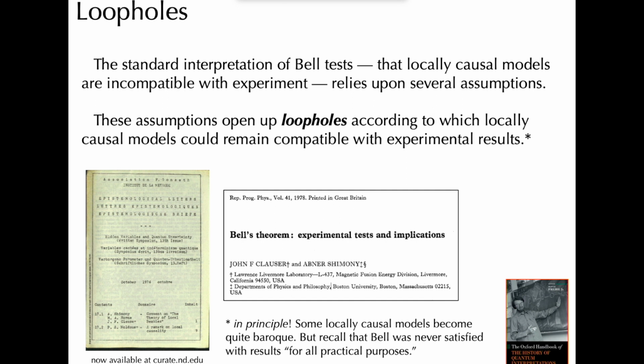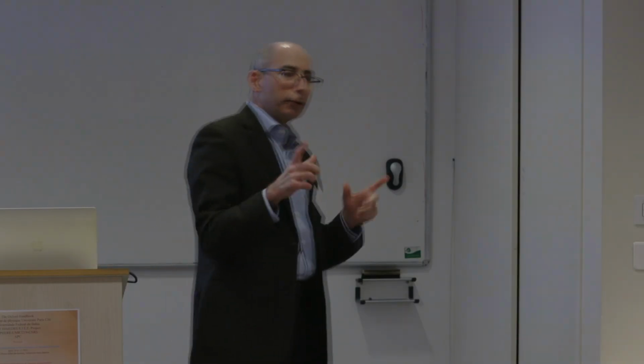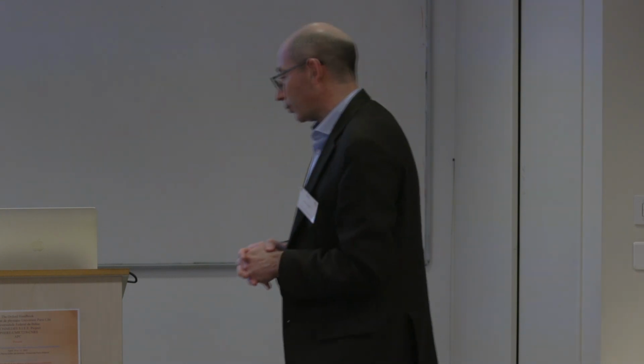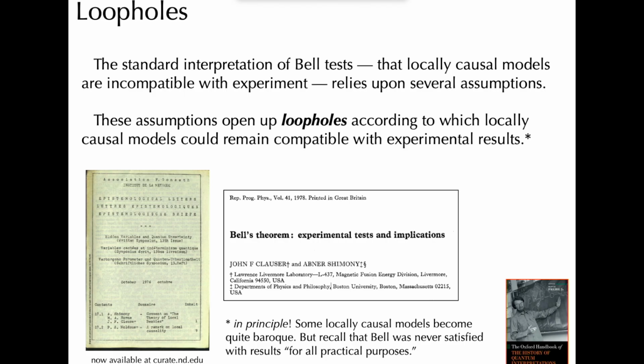And yet, as was also realized by people like John Bell himself, like Kaiser and Shimony and Michael Horne and others, that conclusion that we're done, that nature is incompatible with locally causal models, relies on several assumptions. Bell's theorem is a theorem. It follows if the postulates hold. How do we know those postulates hold? Can you instantiate in an actual laboratory test the assumptions from which would follow the conclusions of